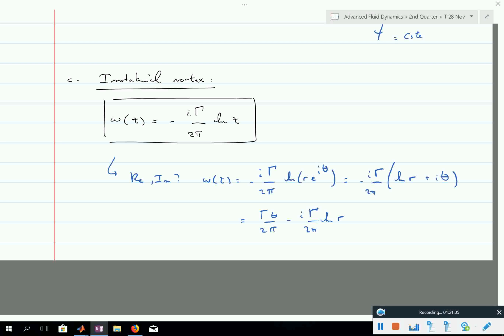So when is this function equal to a constant? When r is equal to a constant. Right? When you are on a circle. Now, circles are streamlines for irrotational vortices. Yeah. So the good thing with